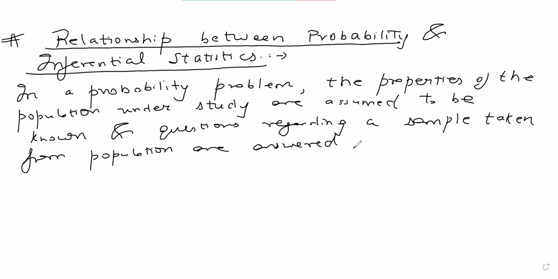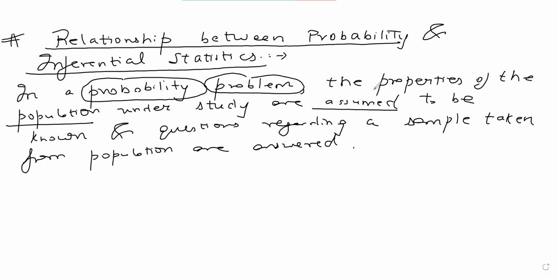So in probability, what happens? Okay, in probability, we assume that we know the population. When we talk about solving a probability problem, we assume that we know the population. We assume that the properties of the population are known. And we question about the sample. Okay. However,